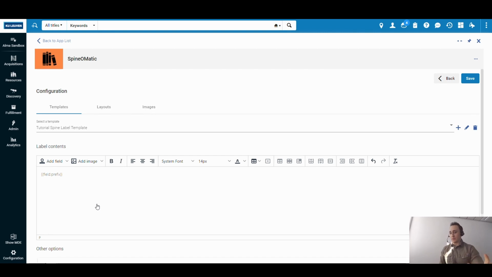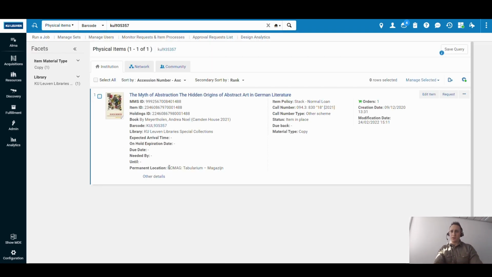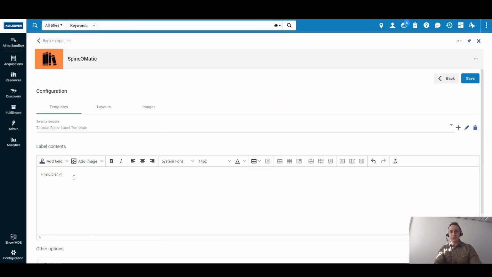So the label prefix is used to print the permanent location, but usually when you print the permanent location, you don't print the full name, but just maybe an abbreviation of this location. And the call number, just click enter because I want it to be displayed in the next row. I want to also print the parsed call number.